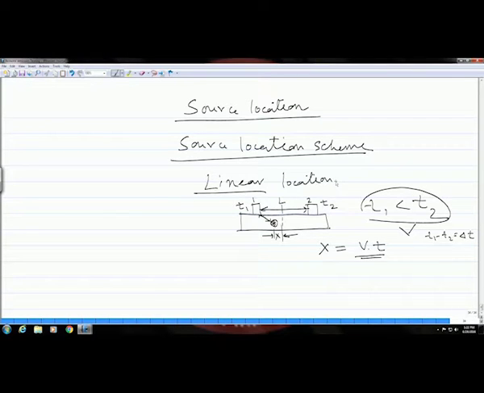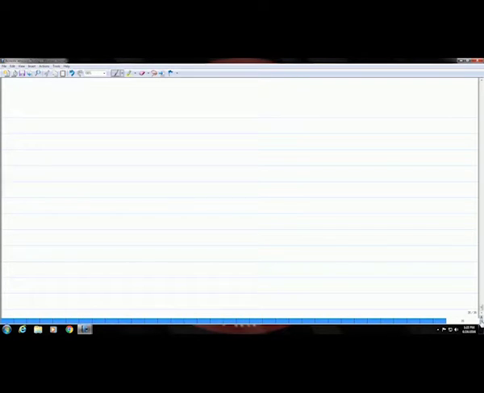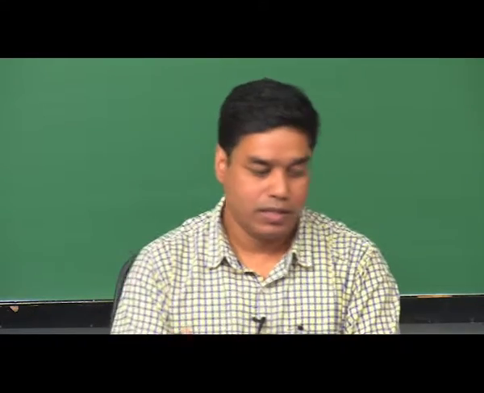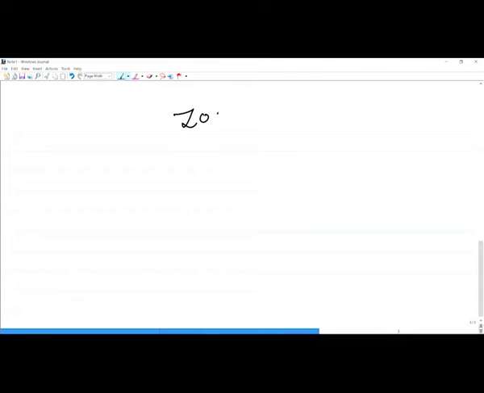But you might have some complex geometry, or the structure could be complex, which may not be exactly linear. So, in those cases this kind of linear location technique cannot be used. So, if you have another complex kind of component or structure to be inspected, and if you want to get some idea about the location of the sources, then you have to use the zonal location scheme. So, in the zonal location technique,